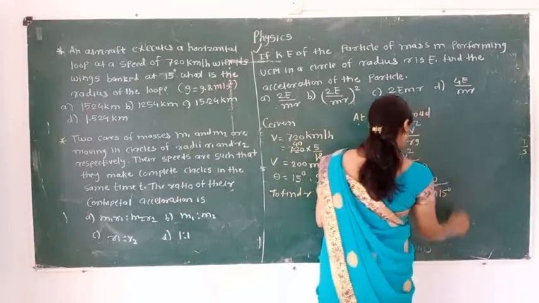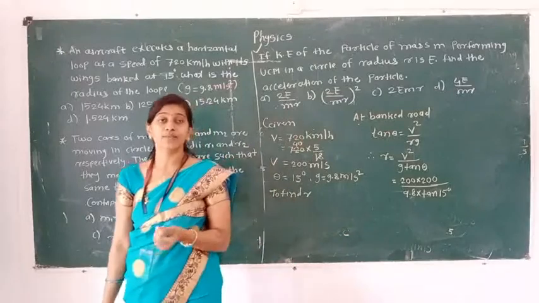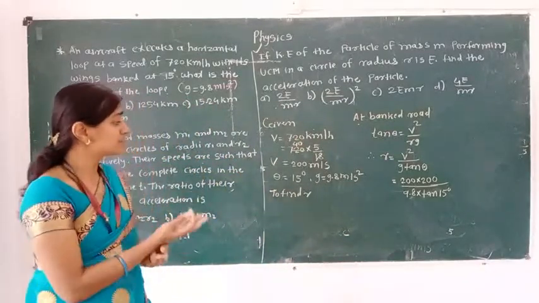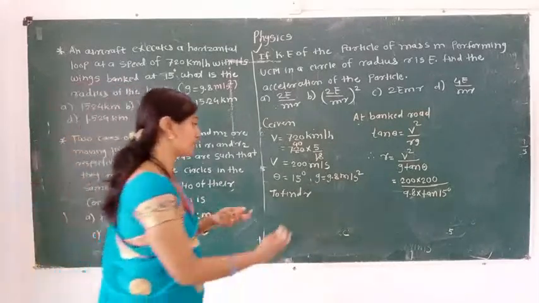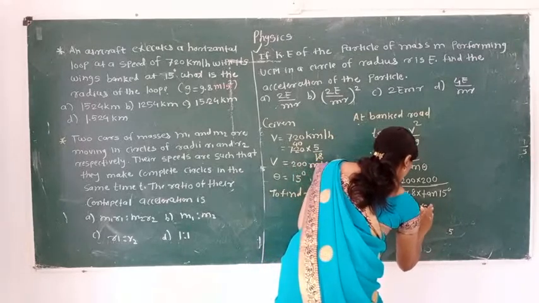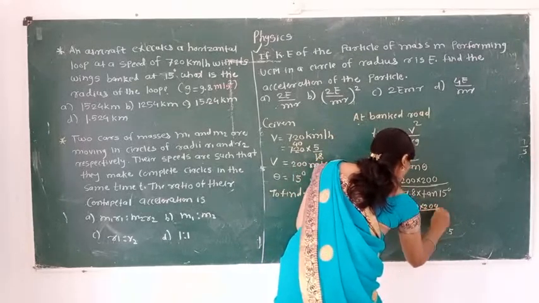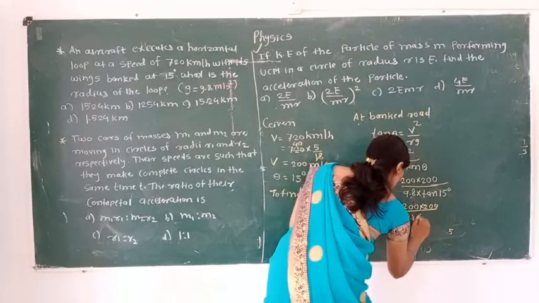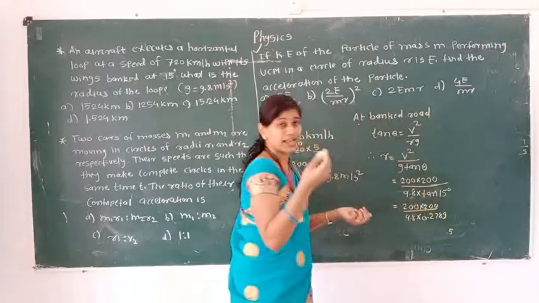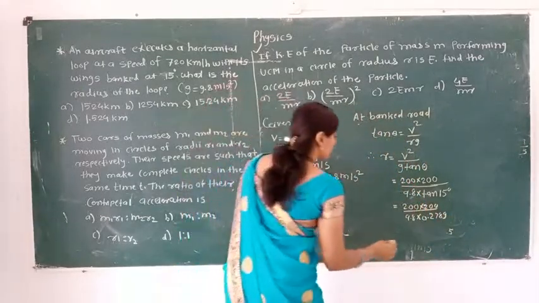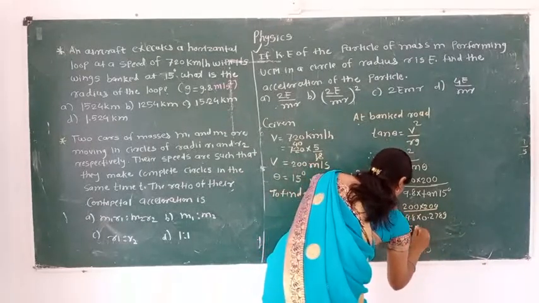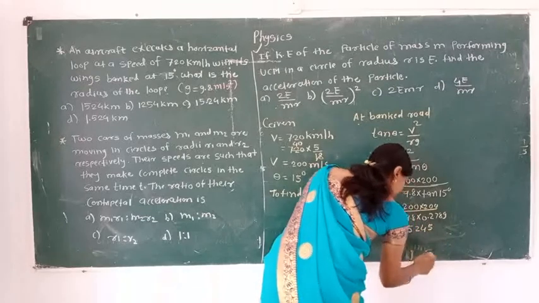Here I want to tell the students, the log table is very compulsory. I am going to write the direct answer. But whenever you are solving numericals, if they are present in MCQ or any format, you have to use the log table. I am putting the values and finally I will get the value of tan 15 as 0.2789. In some log tables, the last two digits may change. Don't bother about that. By solving this whole equation, we will get 15,245.